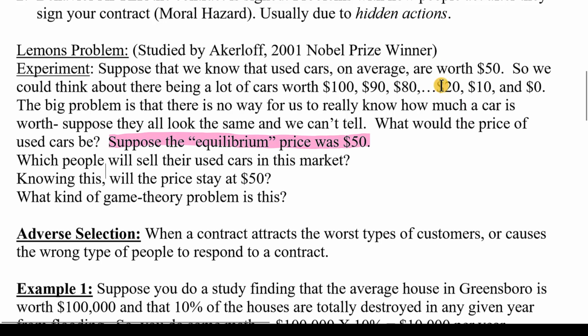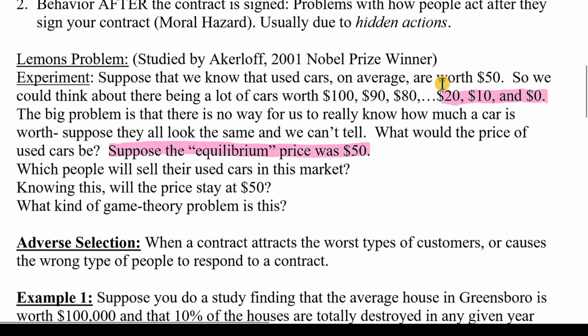How about these people who have cars that are worth less than $50? Are they going to be willing to sell their car for $50? Absolutely. Once you start to see that the kind of person that is going to be willing to sell their car when the price is $50 are all the people who have cars worth less than $50,